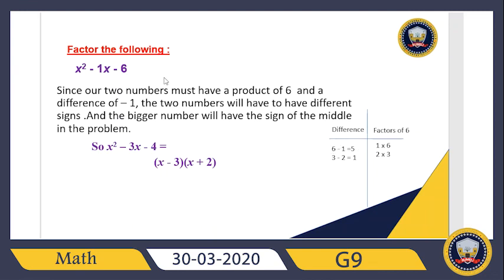ليه هعمل ال difference؟ عشان أنا عندي minus. Because I have minus فهعمل difference between the two factors. 6 minus 1 و 3 minus 2. طيب 6 minus 1 ب 5، 3 minus 2 ب 1. طيب أنا استفدت إيه بقى دلوقتي؟